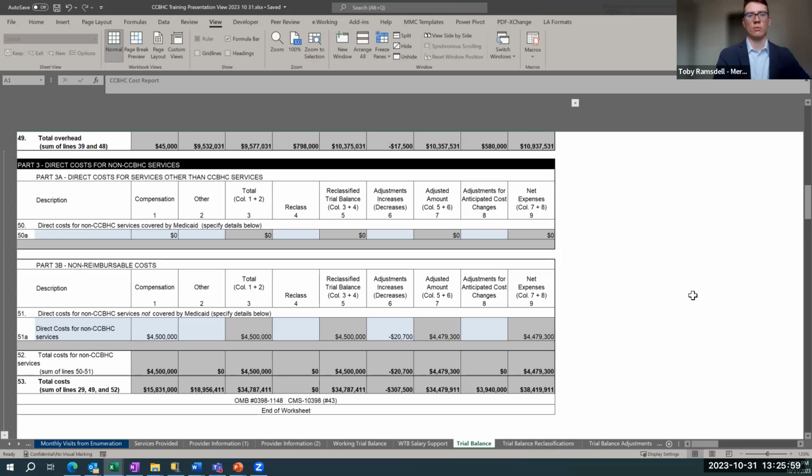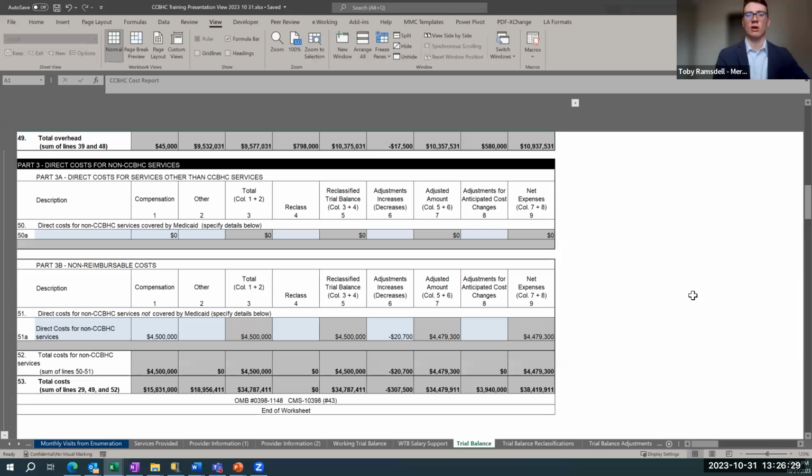Okay, so I think that makes sense, and that aligns with what I was initially thinking. So we may have to do some additional looking into this, but at this point I think it's fair to assume that supervision of direct care staff is a supporting service of direct care provision and can be treated as a direct cost. I think that it's also important to note that there may need to be allocations made